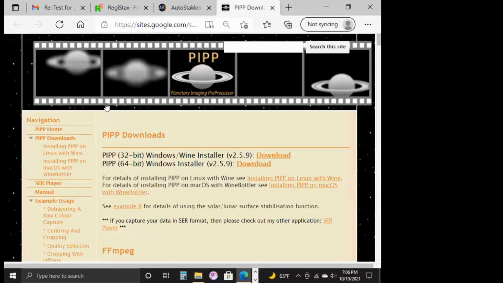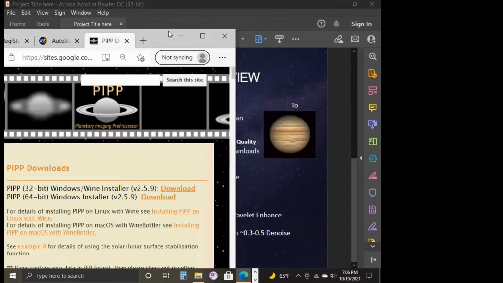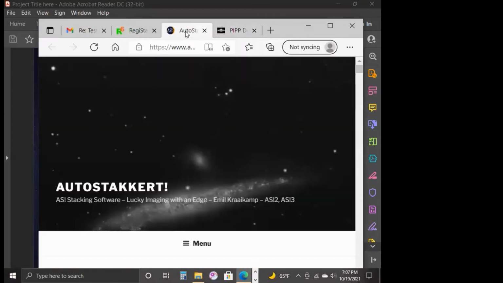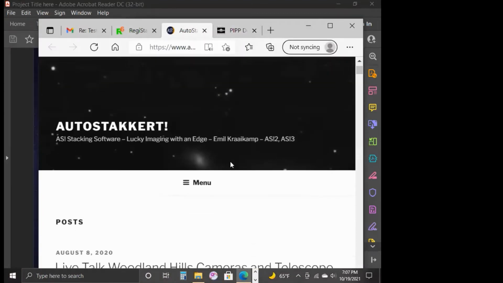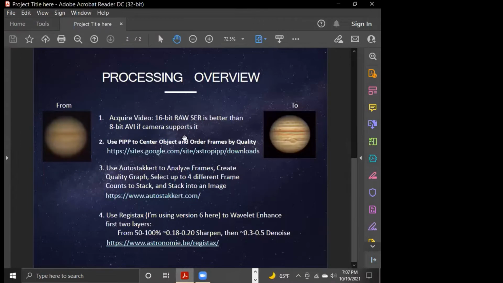And so the planetary image pre-processing, and I'm going to have a little bit of difficulty here. Just move this here in just a moment. There we go. AutoStakkert, Registax. Now let me go to my original one, and this will show you if you do access this document,